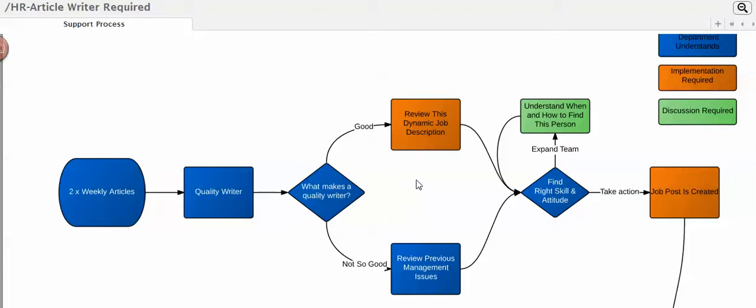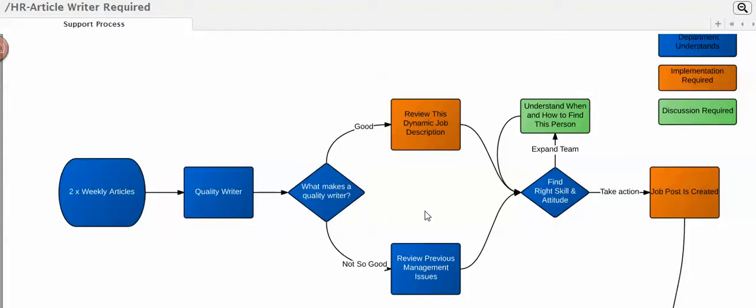So we want to have a job description as well. What is it that we're looking for in our articles? How are they going to be written, and how are they going to be presented, so that we understand from a whole Google point of view and SEO point of view that we're fundamentally creating the product or the article in the best, most structured way possible at the start. So there's another element of writing to prepare these, for which I'm not really that person. But let's say I've seen quite a number of issues in the past which have determined good and bad, and so we can now write a job description up around those.